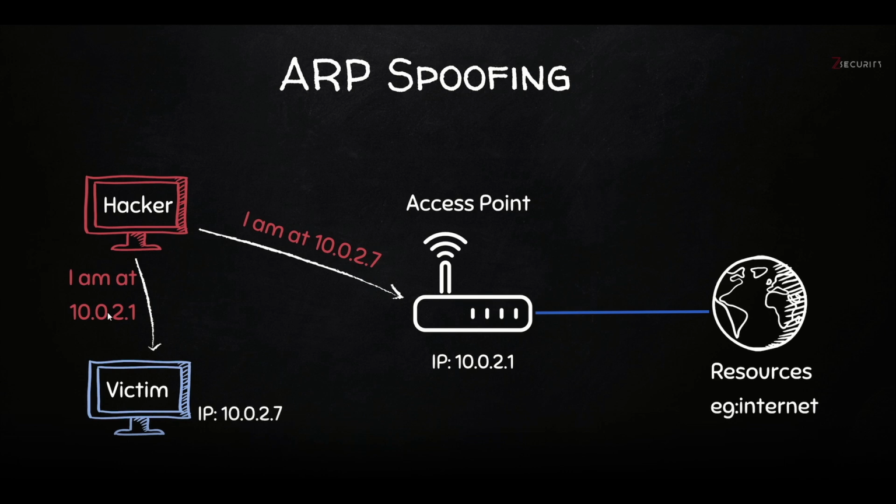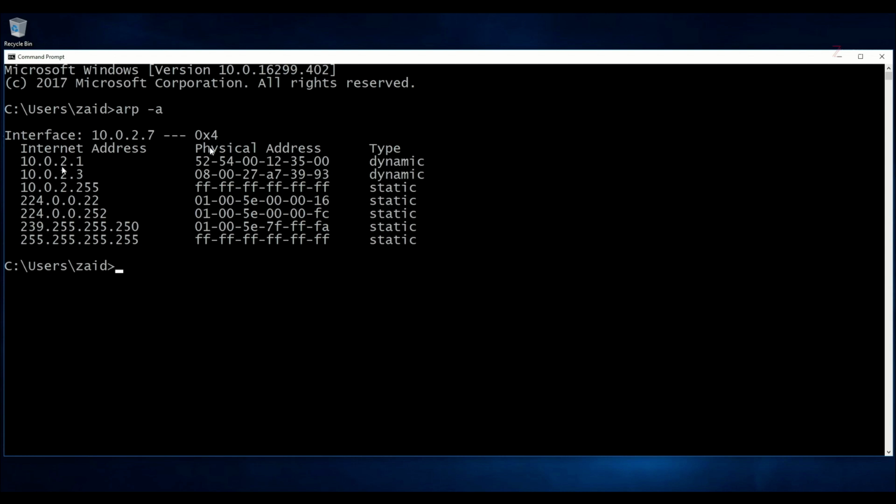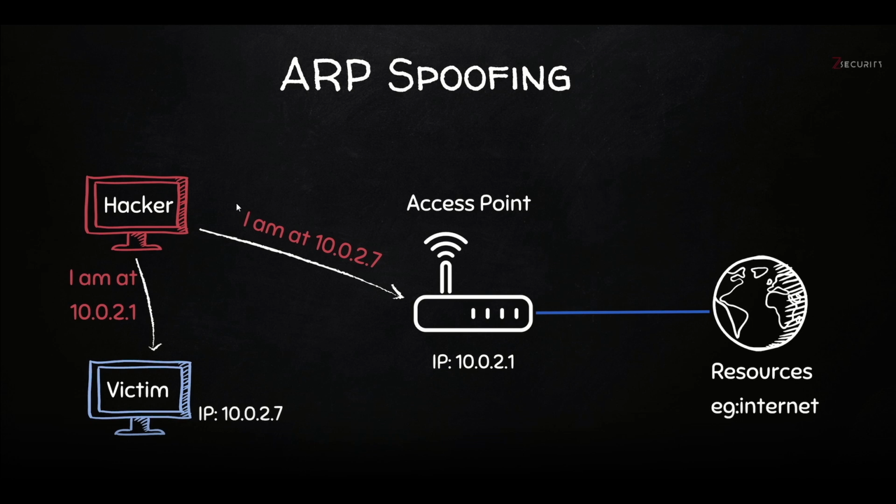And this would say, I am the router, I'm at 10.0.2.1. Like, what? You are the router? What are you? So what did it basically do? The victim will update now by changing. Basically, the MAC address would get changed. Initially the MAC address was 52:54 something 3500. Now it would change to the hacker's MAC address. You see what I'm saying, right?